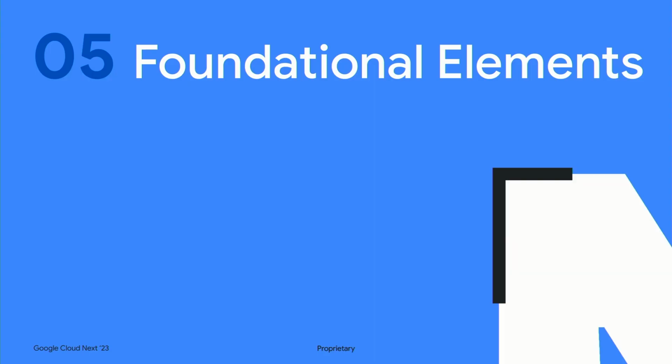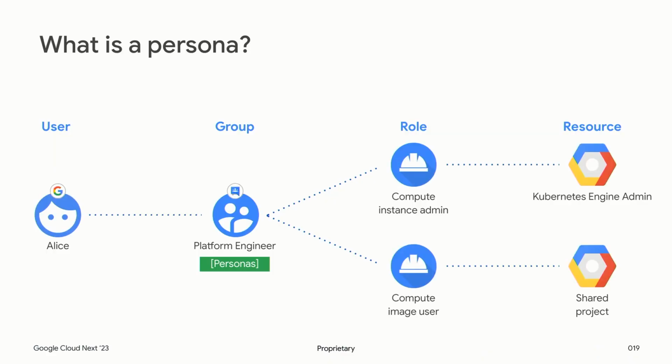But now let's talk about some foundational elements. Because now that you've built your house, it's time to move in the furniture. So it would be kind of weird to build a house and the movers actually move your stove and your refrigerator into your living room. So that would be kind of weird, wouldn't it? It's the same with IAM. It would be weird to just start willy-nilly assigning resources and assigning users all these wild permissions without knowing what they really need to do.